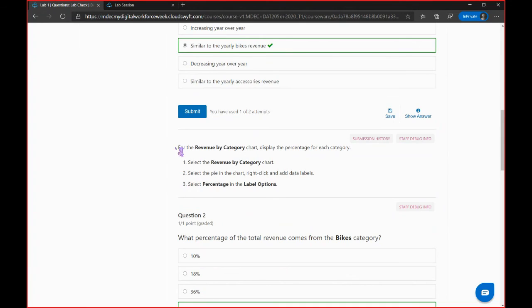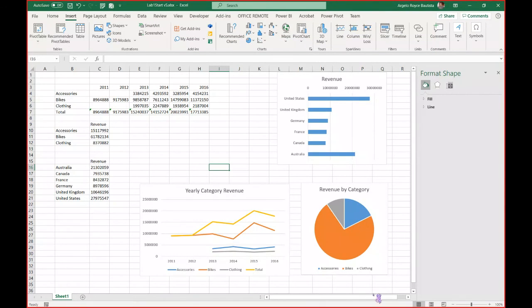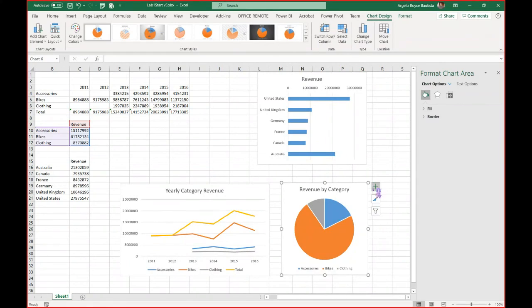Okay? So for the revenue category, you are going to add the percentage on your pie chart. To easily do that, you click the chart and then you see this plus button, you click it, and then you check the data labels. The preview on the data labels is the absolute label. So you would want to go here on the arrow and click more options,